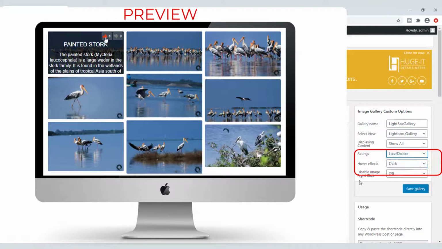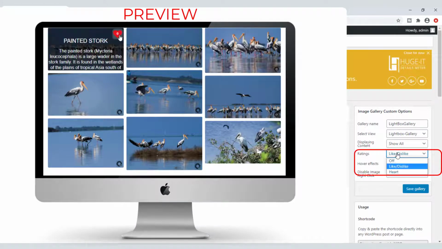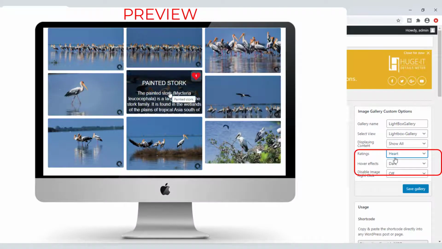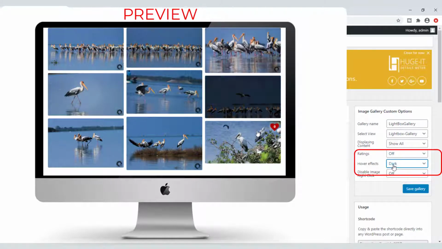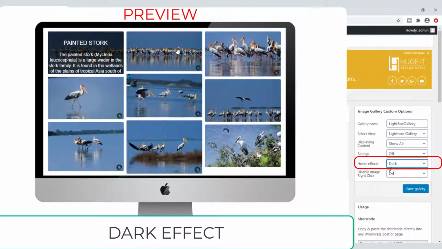Here we can enable likes, dislikes and hearts for our gallery images. Then the hover effects. There are multiple effects available here. We can test one by one.